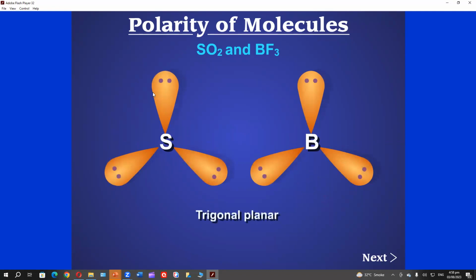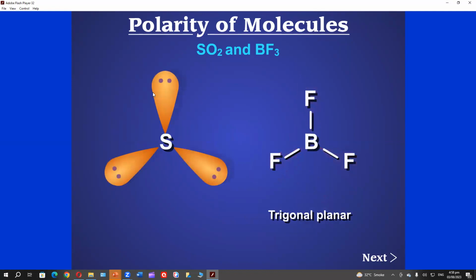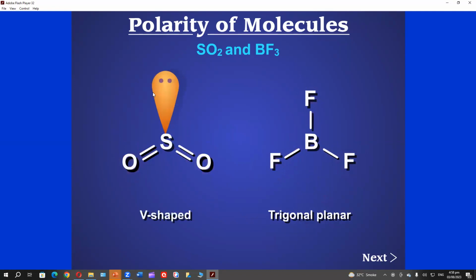The molecular geometry of BF3 is trigonal planar, but because of the lone pair, the molecular geometry of SO2 is V-shaped, bent. In BF3, there is a shift in electron density from boron to fluorine because the fluorine atom is more electronegative than the boron atom. This shift in electron density is symbolized by placing a crossed arrow next to the bond to indicate the direction